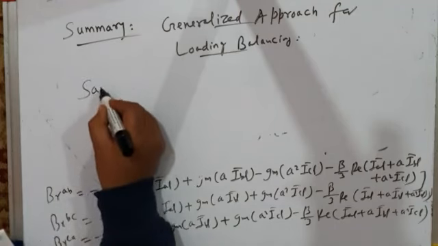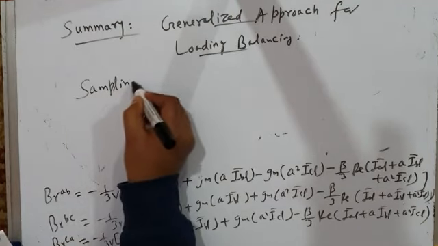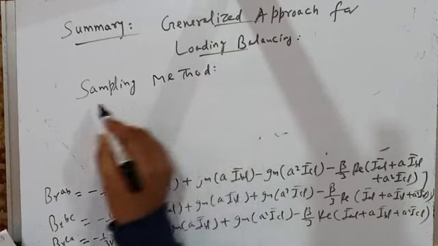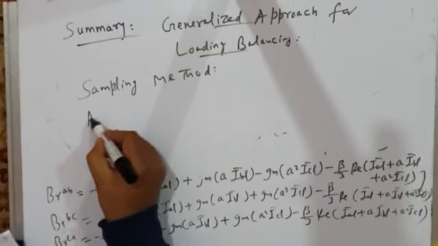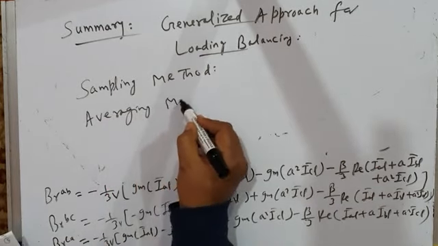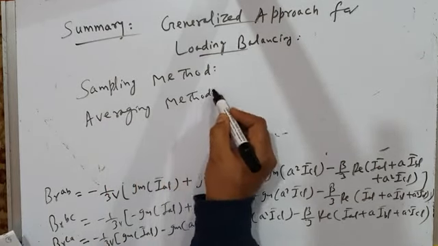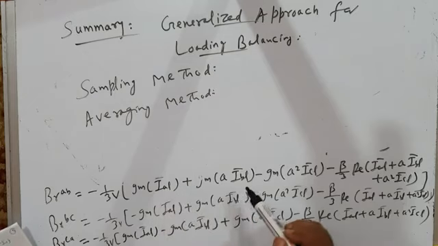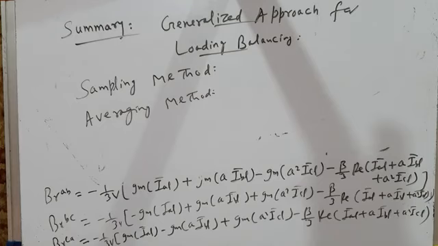And then we used two methods for actually finding these susceptances. One was called the sampling method. I'm just summarizing our last 4 lectures. And another was called the averaging method. In the sampling method, at positive zero crossings of phase voltages VA, VB, VC, we sensed the line currents IAL, IBL, ICL, and we had already developed some equations, put them into those equations, and calculated these susceptances.